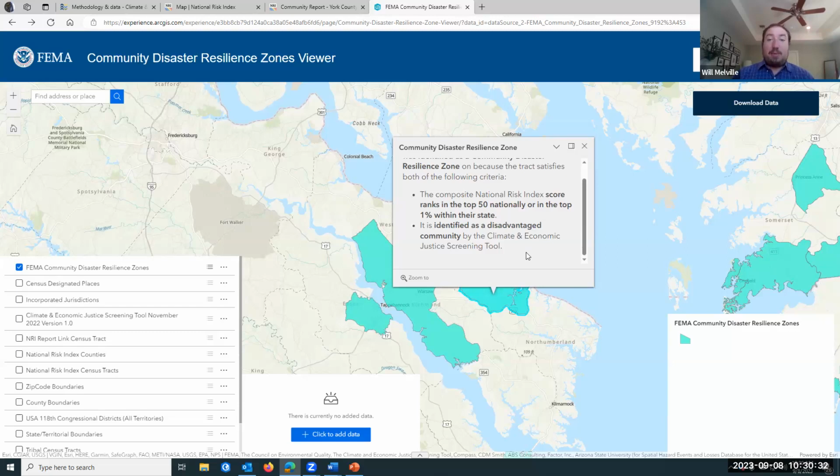So what makes a community disaster resilience zone? The composite National Risk Index score that we just saw has to be either in the top 50 or the top 1% of their state. So all the top 1%, there's 21 in Pennsylvania, all the top 1% National Risk Index scores in that state. That's not the only thing that will qualify them as a community disaster resilience zone, because there is more than 21. It has to also be identified as a disadvantaged